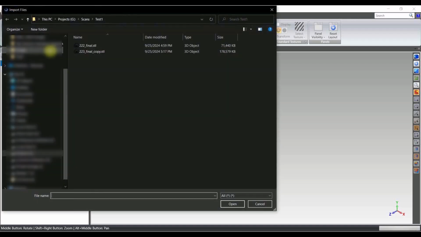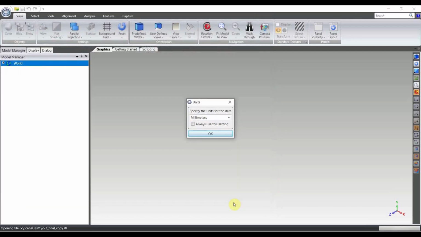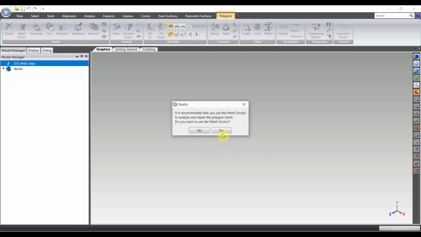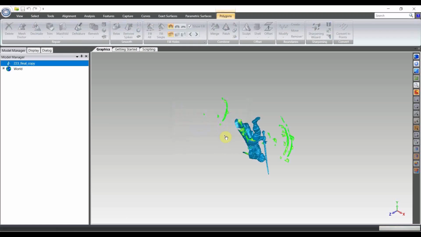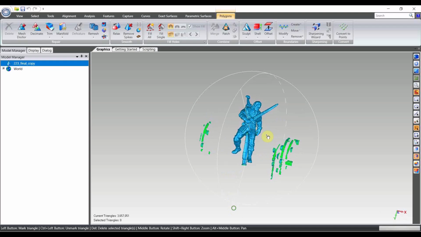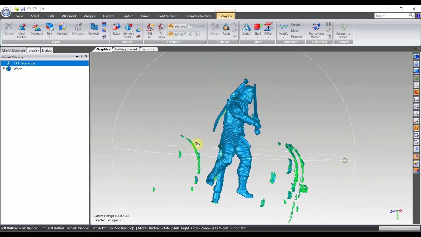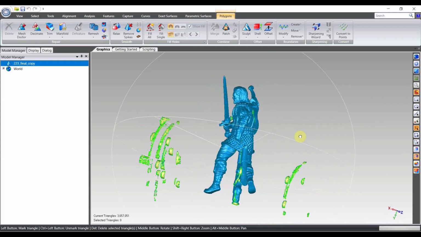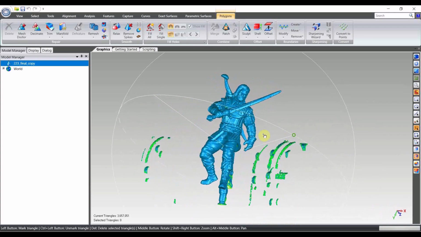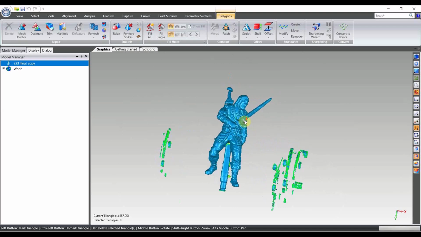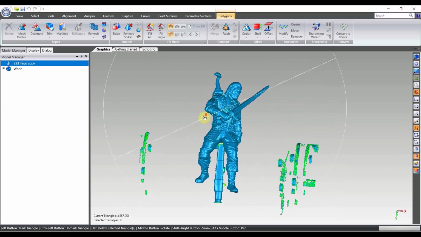First I import the mesh to the Geomagic. And I select the millimeter as the default unit for my model. The Geomagic software provides several selection methods to select a portion of the mesh by different methods. Our strategy to clean the floating artifacts is to select the base model by the continuous method, then inverse the selection to select any isolated meshes, and then delete them by a simple click.